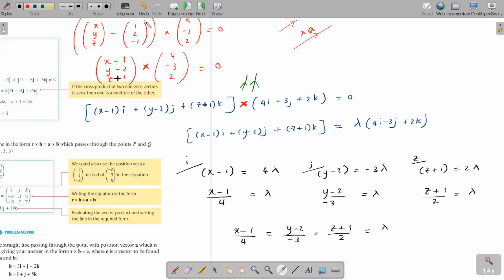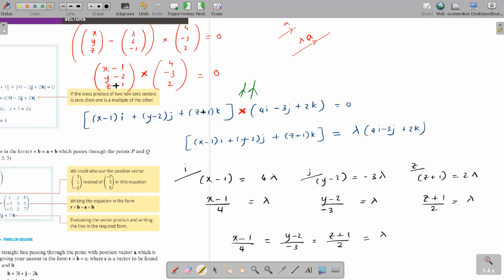In the direct application, you can see 1, 2, minus 1, which is the original position vector, has come on top, with the negative sign: x minus 1, y minus 2, z minus 1. And at the bottom, you can see your direction vector 4, minus 3, 2. Can you see it has come? The position vector has come on top. There is another minus mark in front, so z minus 1 has become z plus 1 here. Are you okay with it? And then 4, minus 3, 2 is over here.